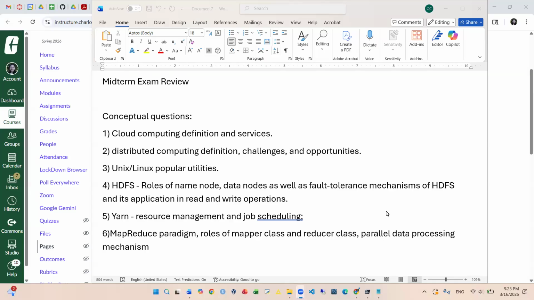This upcoming midterm exam will include conceptual questions and short answer questions. Conceptual questions cover cloud computing definition and services, distributed computing definition, challenges, and opportunities, Unix popular utilities, HDFS roles of name node, data loads, as well as fault tolerance mechanism of HDFS and its application in read and write operations,